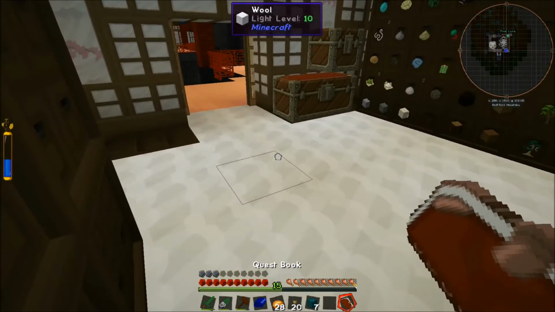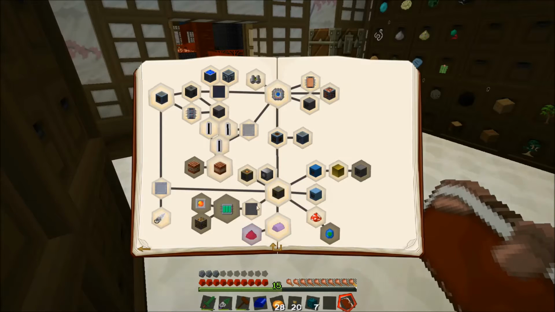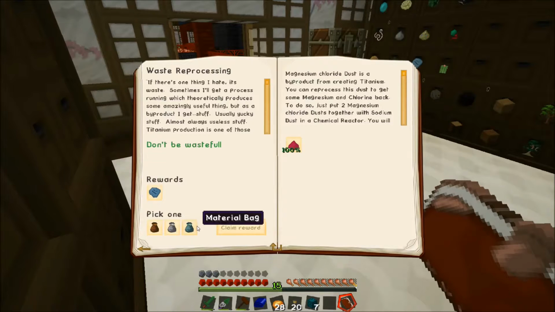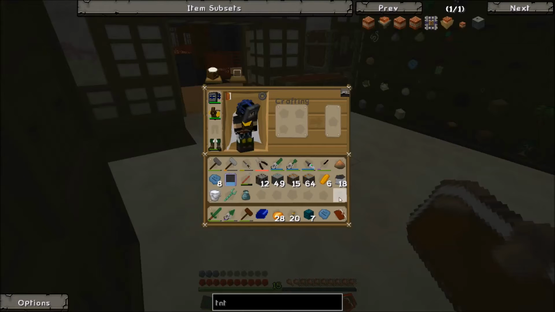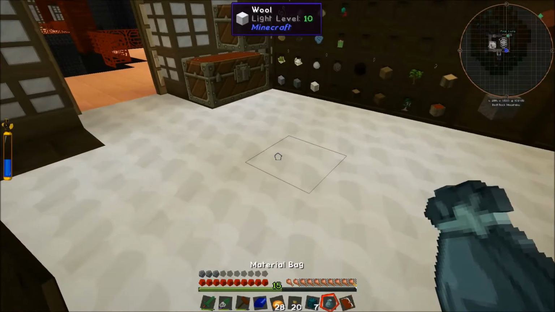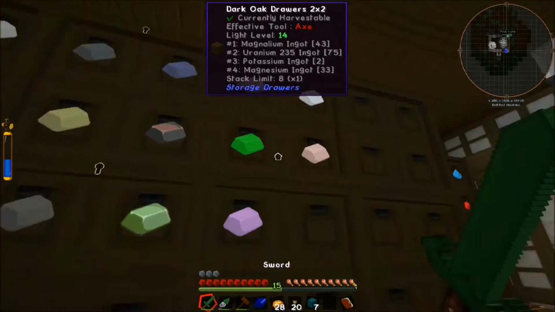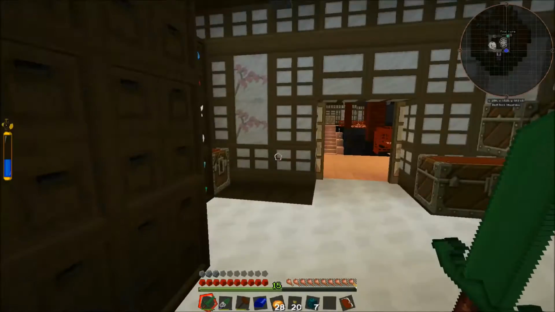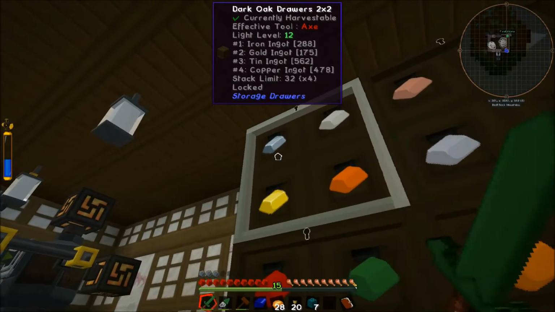And then we also have this quest here for waste reprocessing. Basically, we just needed to get some of that magnesium chloride dust when we make titanium. So we'll go ahead and get the material bag for that as well. Chances are that is a tier 4, yes. And we got, oh, yes! I got it turned in quick enough. Okay, so we got some iron, some steel, and some lead. Not ideal, but